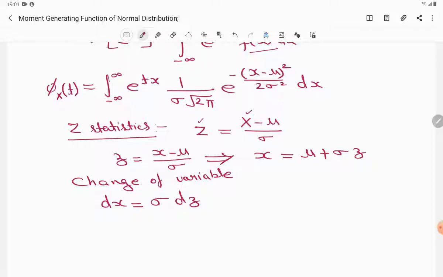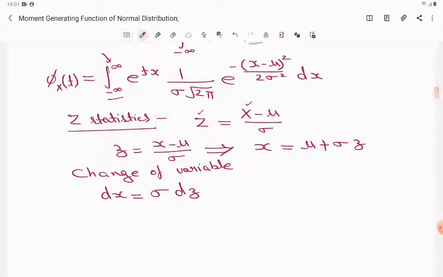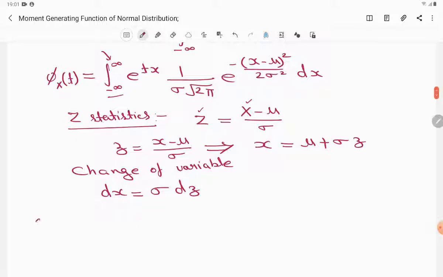Now also if we look at the limits of the integration, so this is the lower limit and this is the upper limit over here. If you multiply sigma, which is a constant term, with minus infinity and plus infinity, it's hardly going to change, and therefore the limits are going to be the same over here, and therefore I can say that phi x(t),